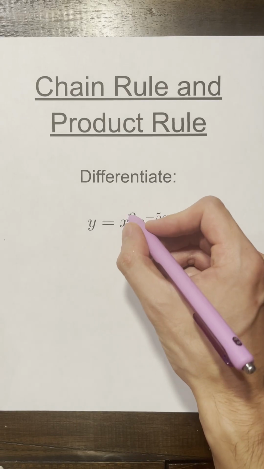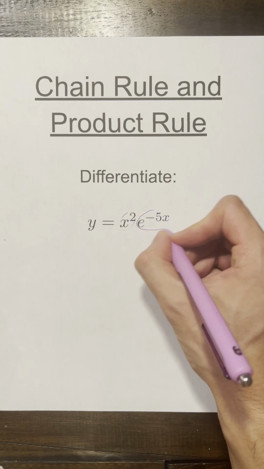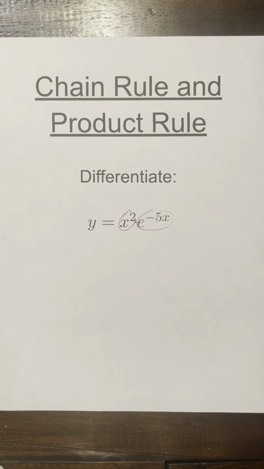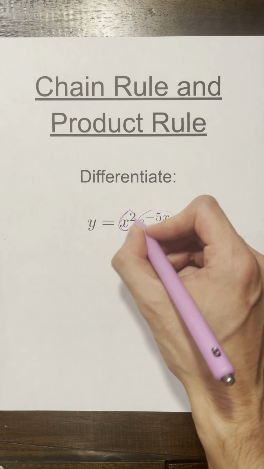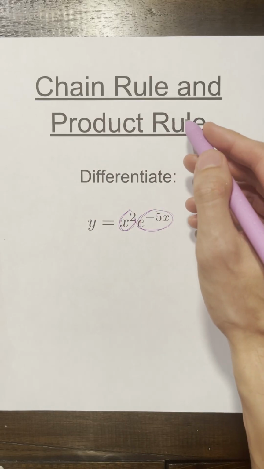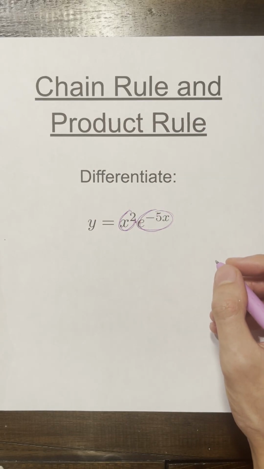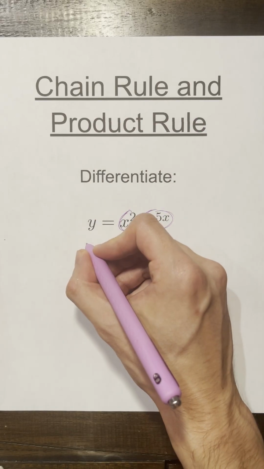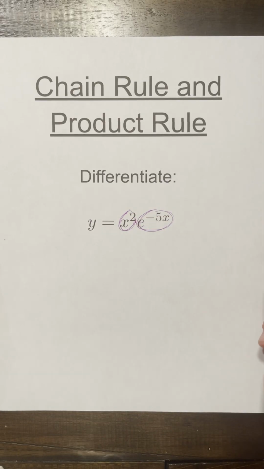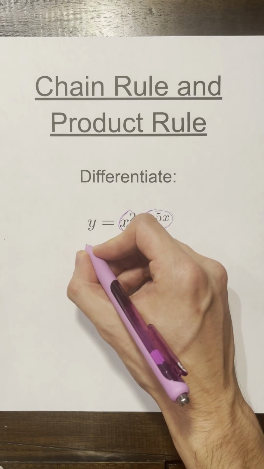So if you see something times something, what rule should you consider using? If you see something times something, think product rule. So product rule, what's the formula for that? The formula for product rule